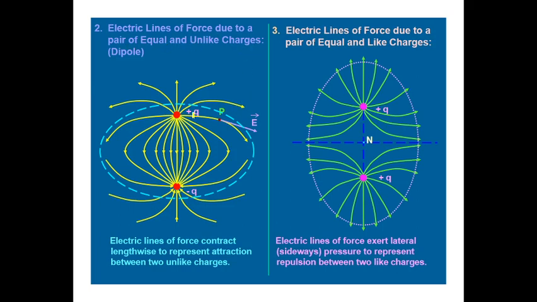This is the positive charge, this is the negative charge, this is a pair of charges. The electric line of force starts from the positive charge and ends at the negative charge. It is away from the positive charge, and it is towards the negative charge. It is represented toward the negative charge, and for the positive, it is away from the charge.